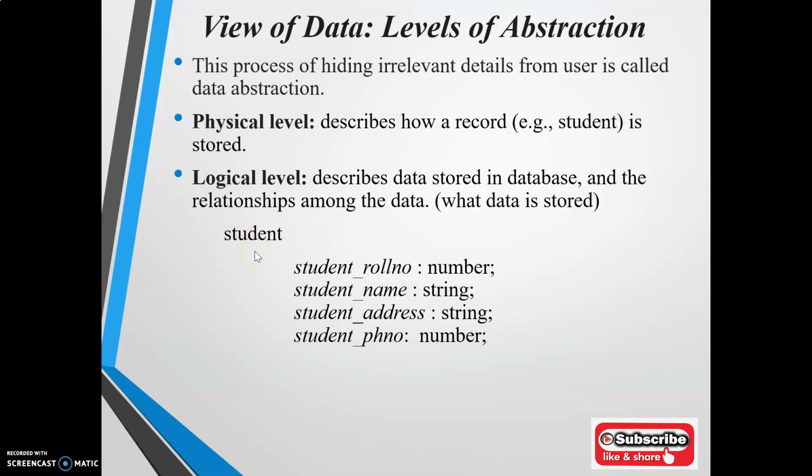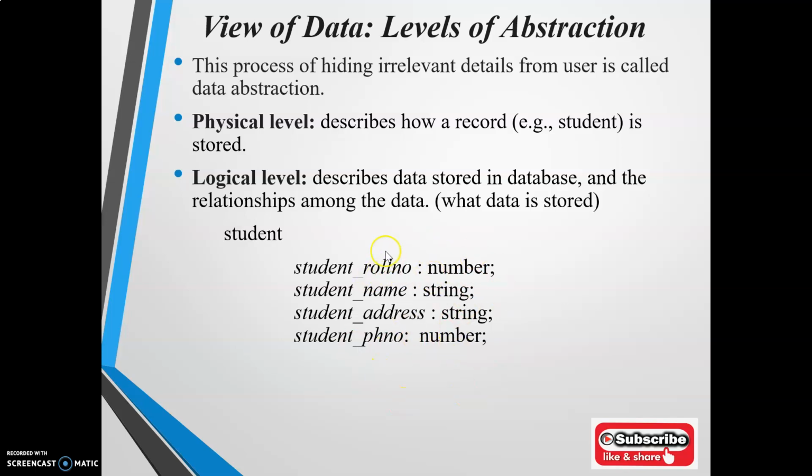If I give an example of student, student is a table which has four attributes: roll number, name, address and phone number. Roll number has number data type, name has string data type, address has string data type and phone number has number data type. So what data is stored?